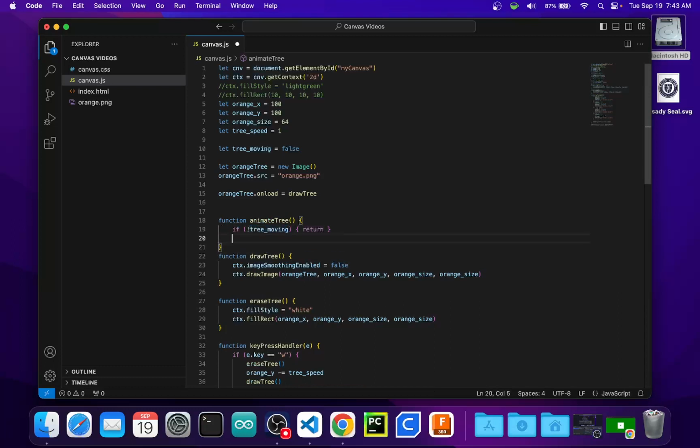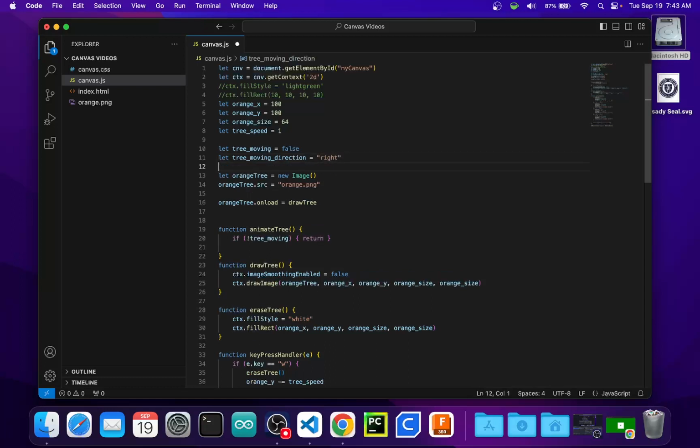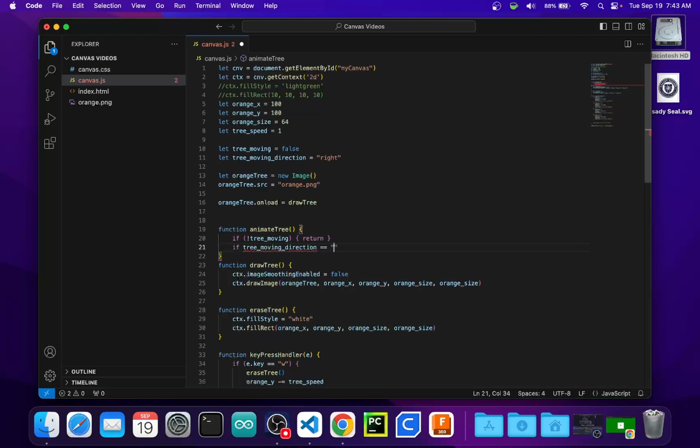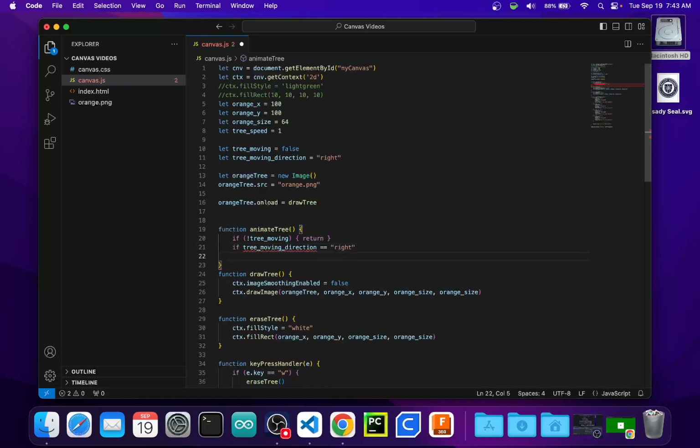Okay, so otherwise, here's what we need to do. If we're going to have it move left and right, we also need to have a moving direction. And let's say it's moving right to start out with. And this could be a 0 or a 1. This could be right, left. We're going to build our logic in tree moving to just test for this condition. So if tree moving direction is equal to right, then we are going to,